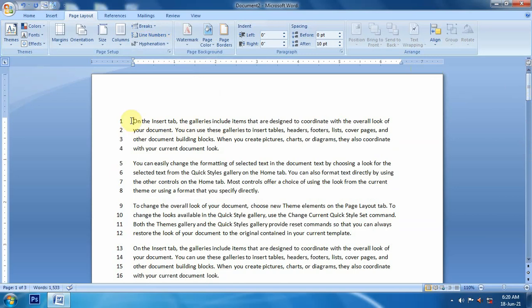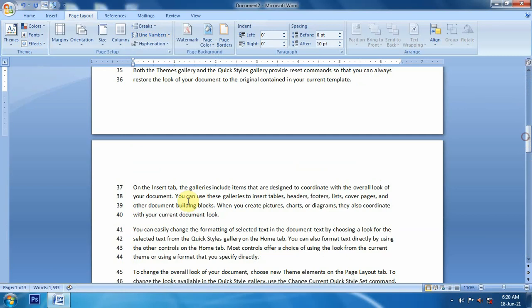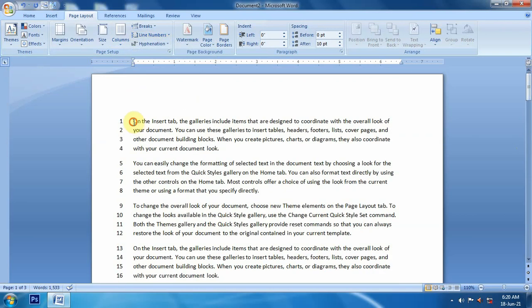In the first page from the first line it is 1, but in the second page it will continue from the last line numbers. But if we say restart each page, in that case every page's first line will start from 1. So this is the difference between continue and restart each page.